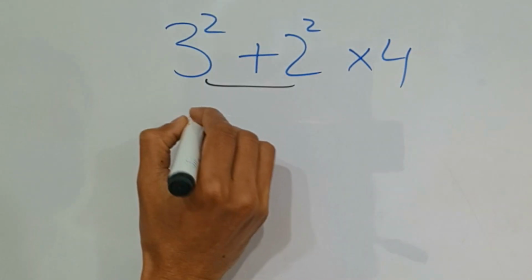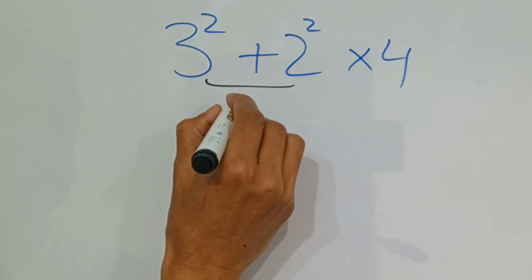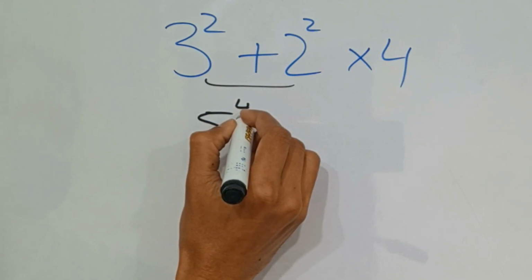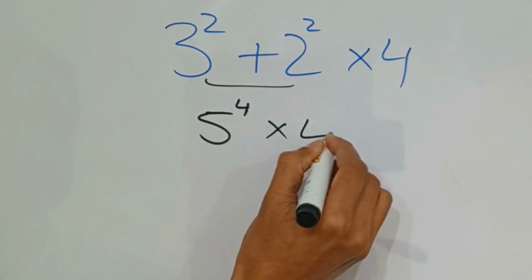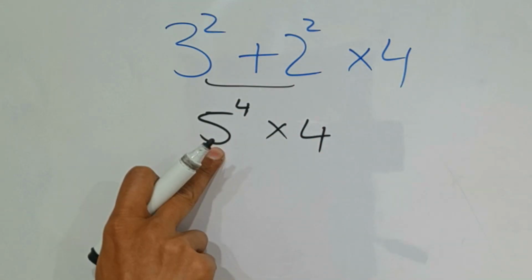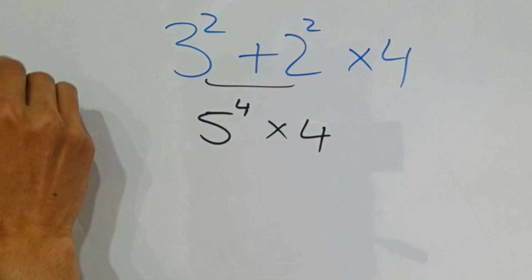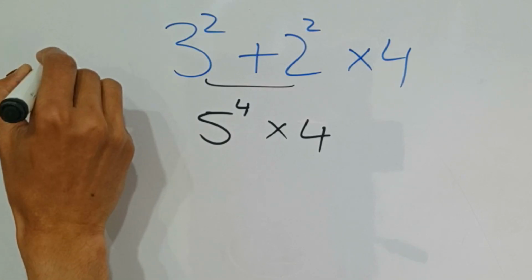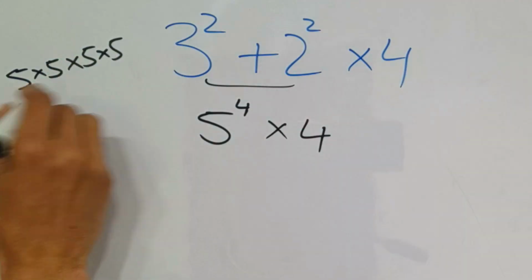3 plus 2 equals 5, and 2 squared plus, right? So now 5 to the power of 4 times 4. Now 5 to the power of 4 equals 5 times 5, right? Then 5 and 5 equals,